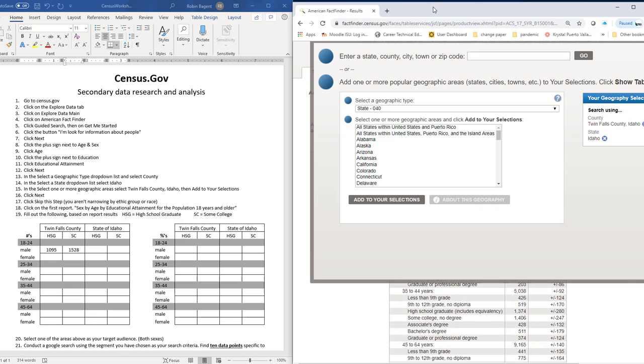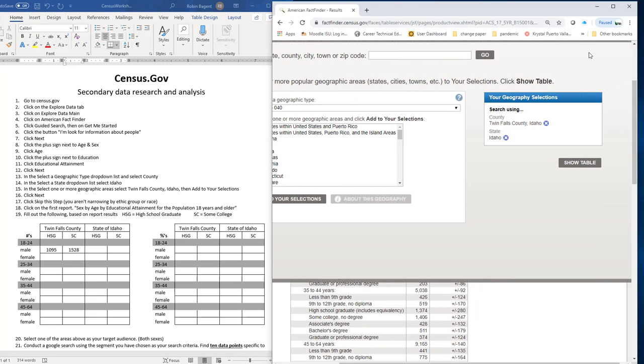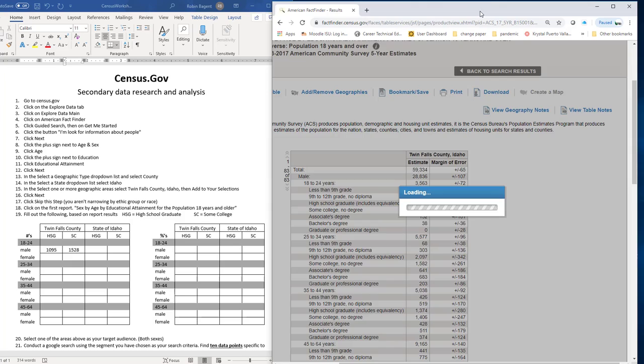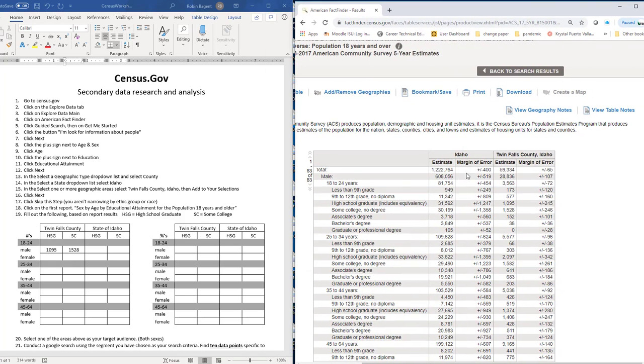And then I have to scooch this over a bit. Show table. So now the table has been adjusted to also include Idaho information, and we didn't even have to go back to the beginning. So now males 18 to 24 for Idaho altogether,